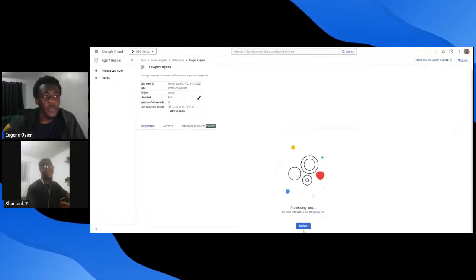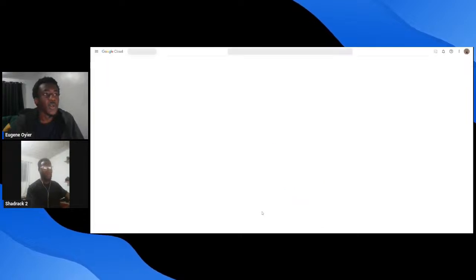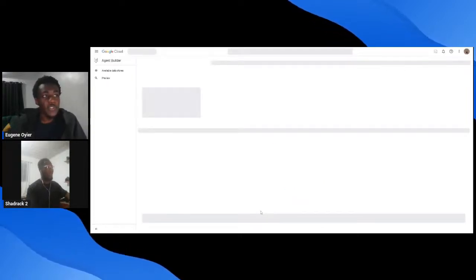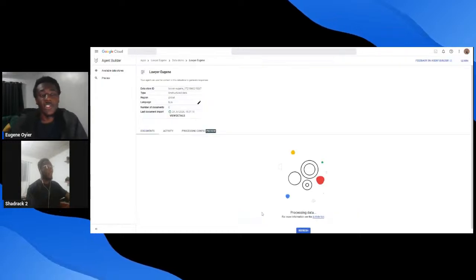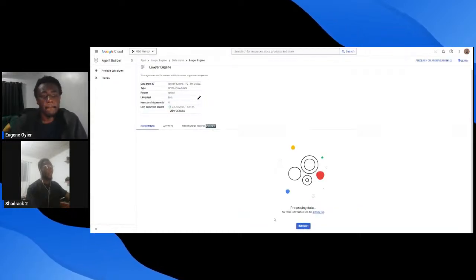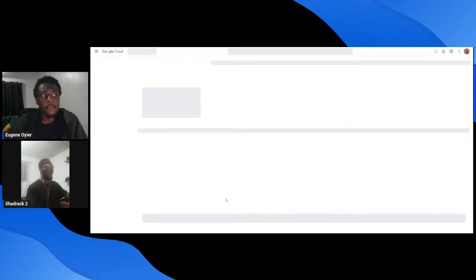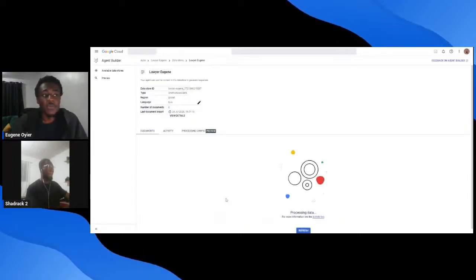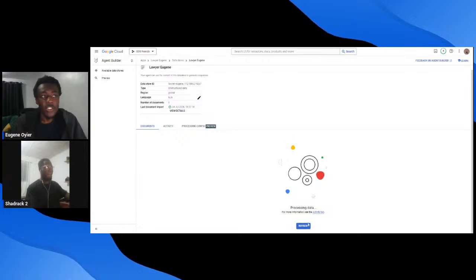I took a few that I'd found. I think the first one was, what are the key considerations for developers when choosing different Gemini models for the Gemini chat app? What, come again? What are the key considerations for developers when choosing the different models for the Google Chat app? Okay, so